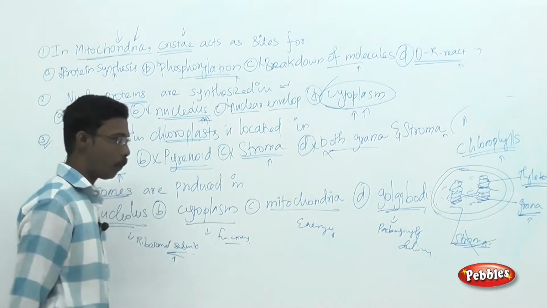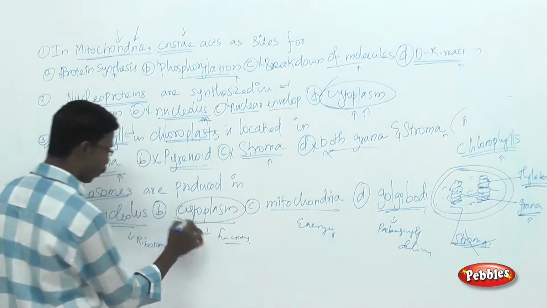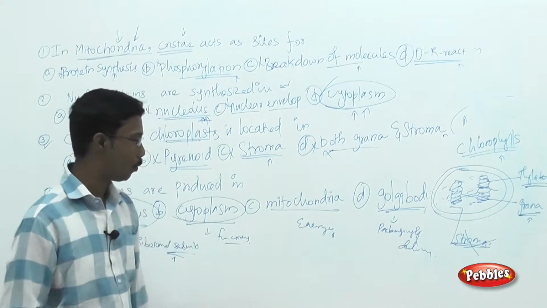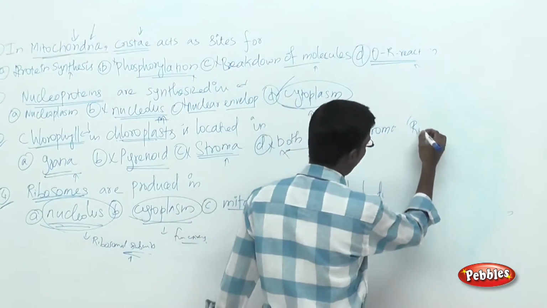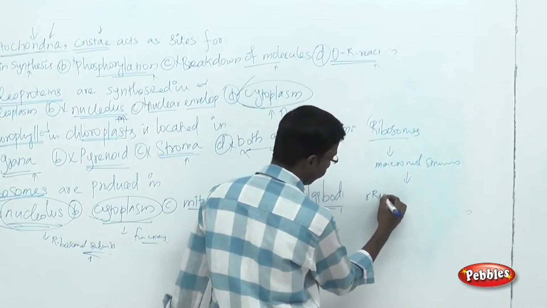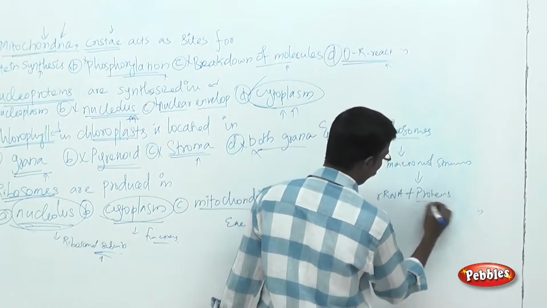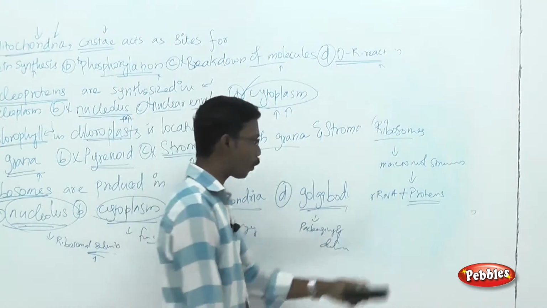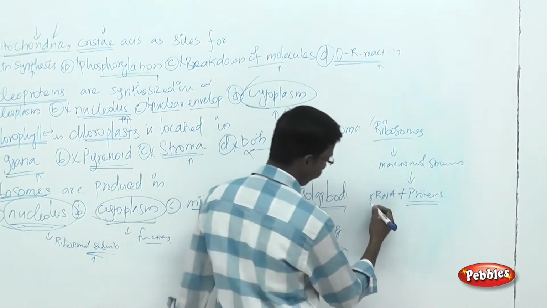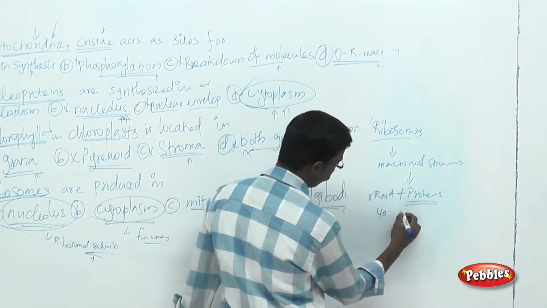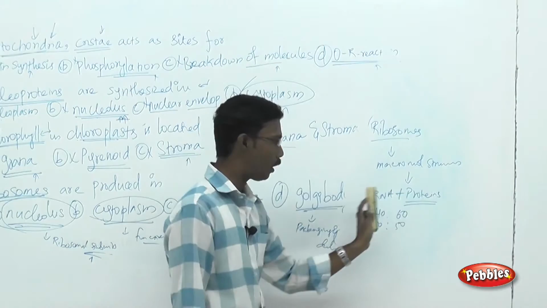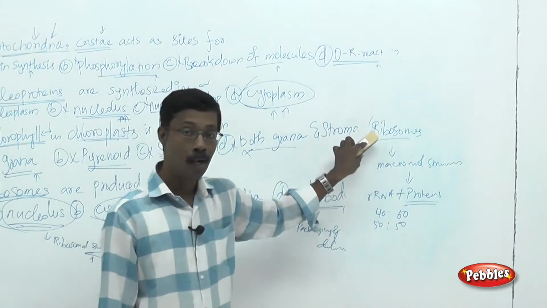Now you may get confused with the choices cytoplasm and nucleolus, because you may have studied about the ribosomes. So what are ribosomes? They are macromolecular structures, a combination of rRNA molecules plus proteins, in almost equal proportion, or the amount of proteins may be more than the rRNA. It may be around 40 to 60 or 50-50. So the point to remember is that almost equal proportions of proteins are present in the ribosomes.